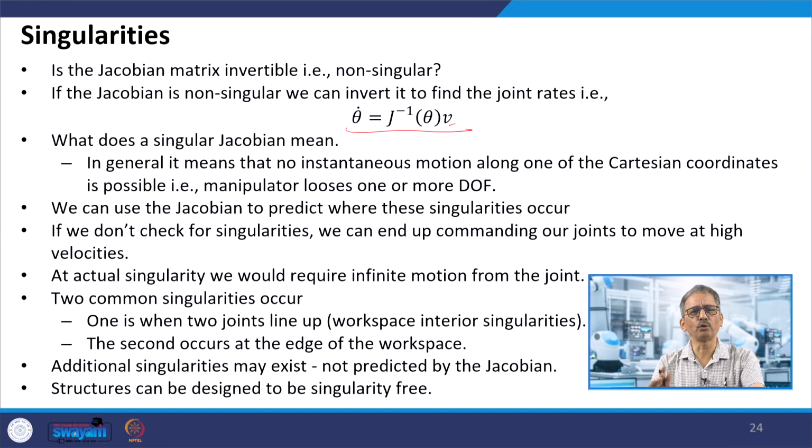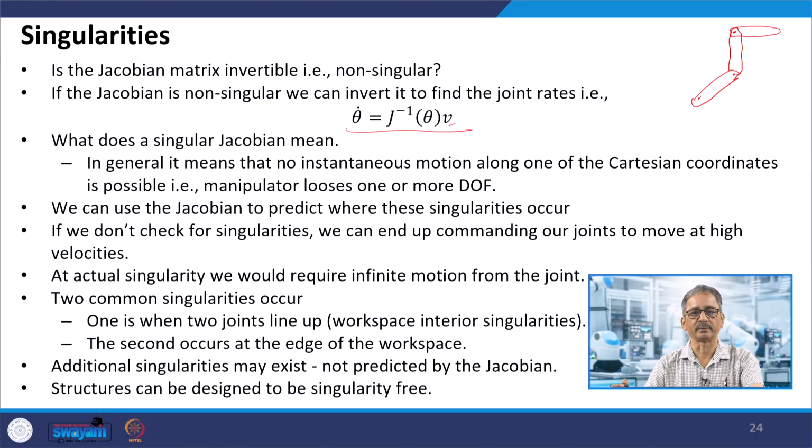Alright. So, there are two types of common singularity. One is what we call the workspace interior singularity, and the other is that which occurs at the edge of the workspace. Workspace interior singularity means basically when two joints line up. Suppose you have one link like this, and another link like this. If two joint axes line up together, then